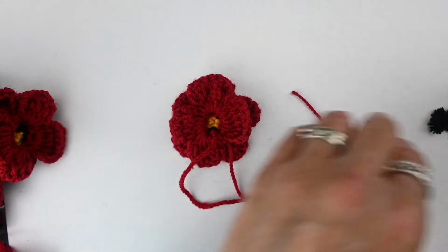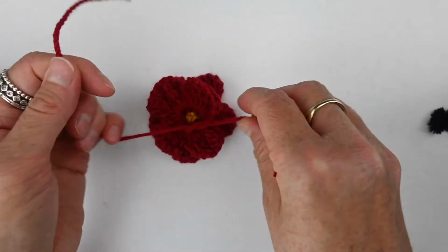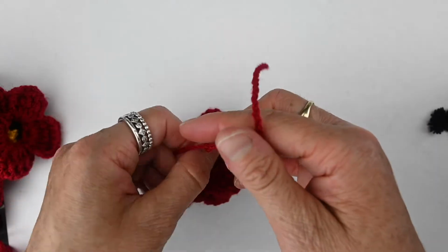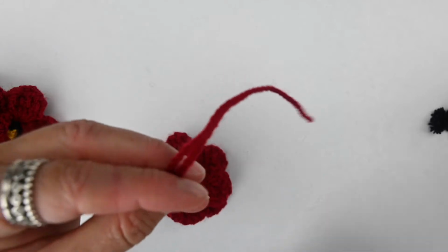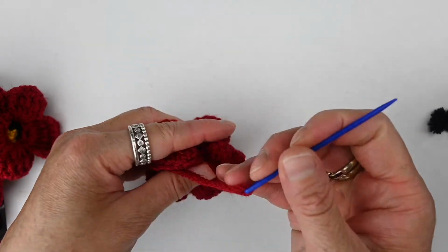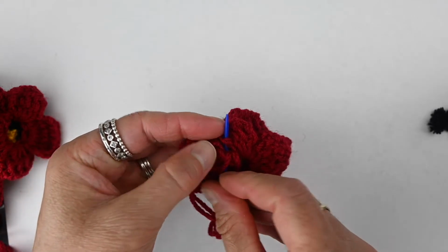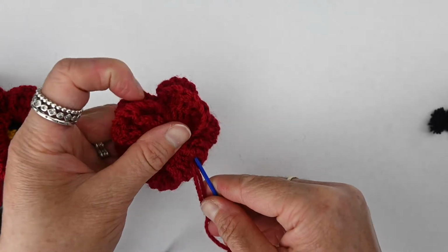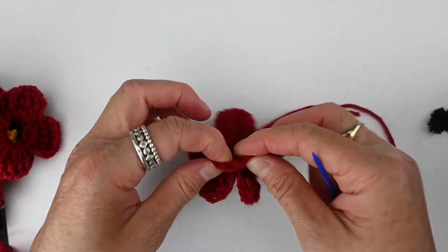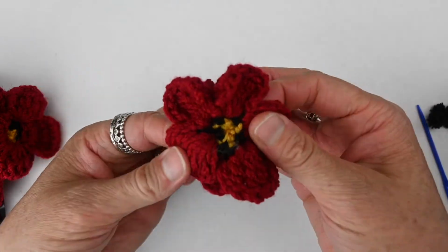Trim it really close, and again we grab the red and we knot them together. 3 knots. And now we weave these in and out of the red petals, and at the back of the red petals. And it's just weaving them in and out, back and forth, just tucking it away a little bit. And there's really no right or wrong. I just like to do this to make it secure. And then once you've done that, you can trim it. And there we go. There we have our very pretty poppy